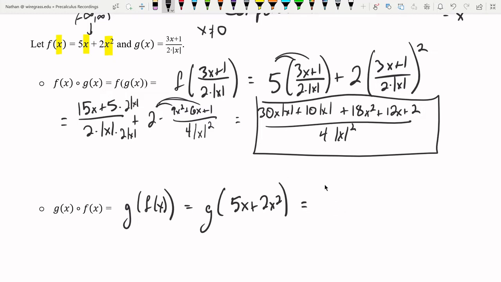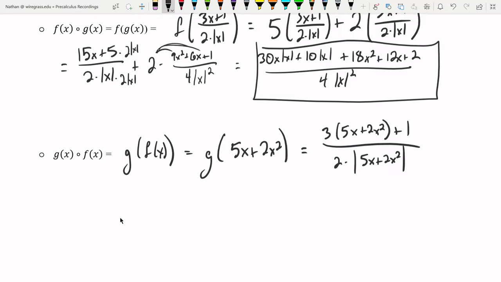Now we can do 3 times 5x plus 2x squared, plus 1 over 2 times the absolute value of 5x plus 2x squared. And in this case, we have 15x plus 10x squared plus 1